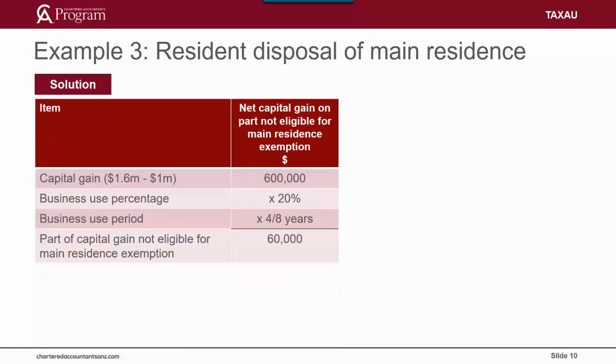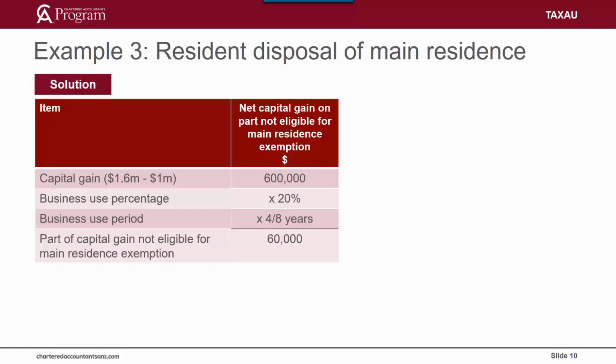The main residence is a CGT asset and CGT event A1 happens at the time of its disposal. However, to calculate a capital gain or loss for the asset, you need to consider the exemptions and special rules that may apply. The capital gain before considering any exemptions is $600,000. However, as this is Tom's main residence, you need to consider the application of the main residence exemption. The capital gain or loss from the family home is prima facie disregarded under Section 118-110 as the dwelling was owned by Tom, a resident individual, and it was Tom's main residence throughout the ownership